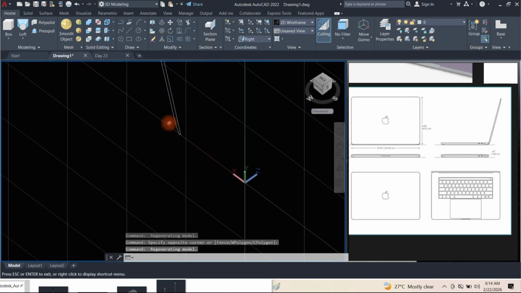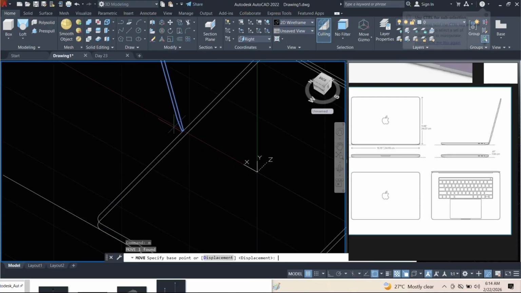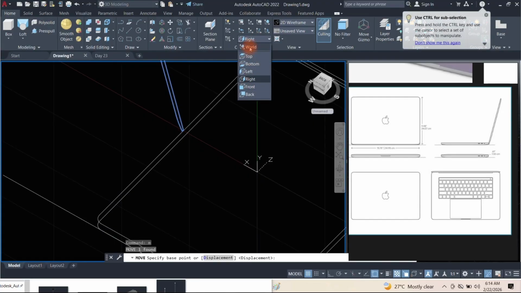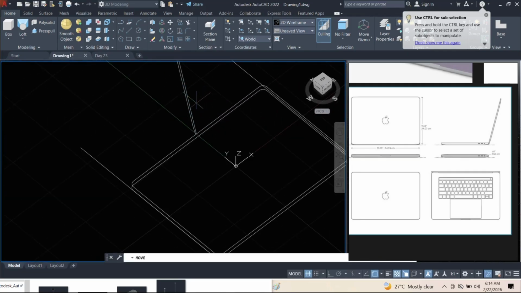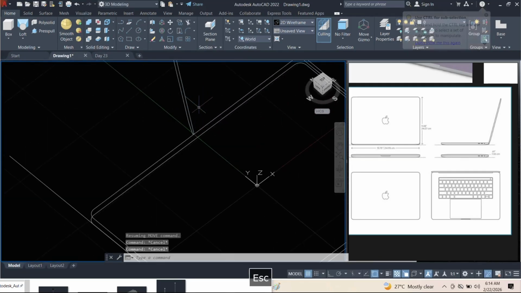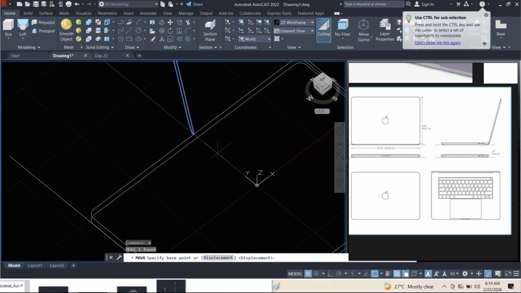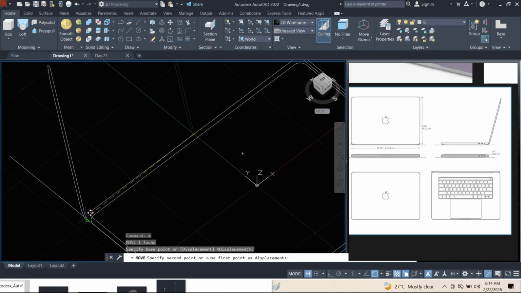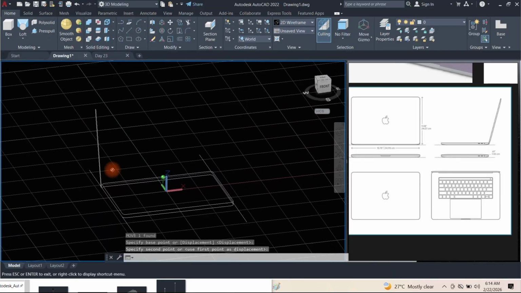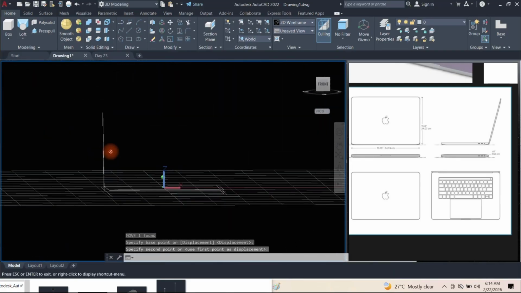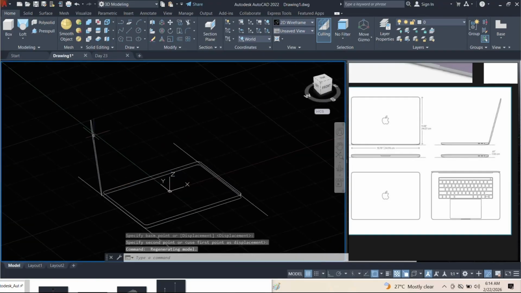So I'll just select that. MV for move. Switch this to world first, so very important, please. So select this, M for move, sorry. So I'll just pick from here, go all the way to that point. Yeah. So now that we have that done, we'll just